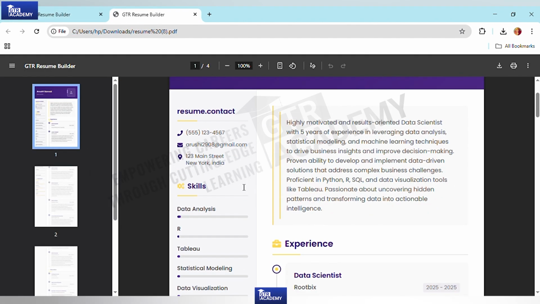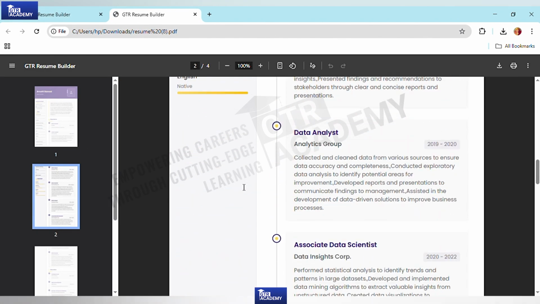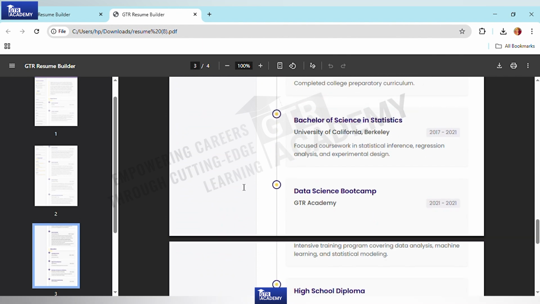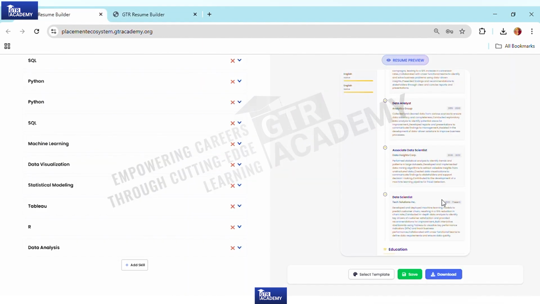So that's how your CV will look like. But of course, you'll have to put the information that you want in it, so the AI can work accordingly.